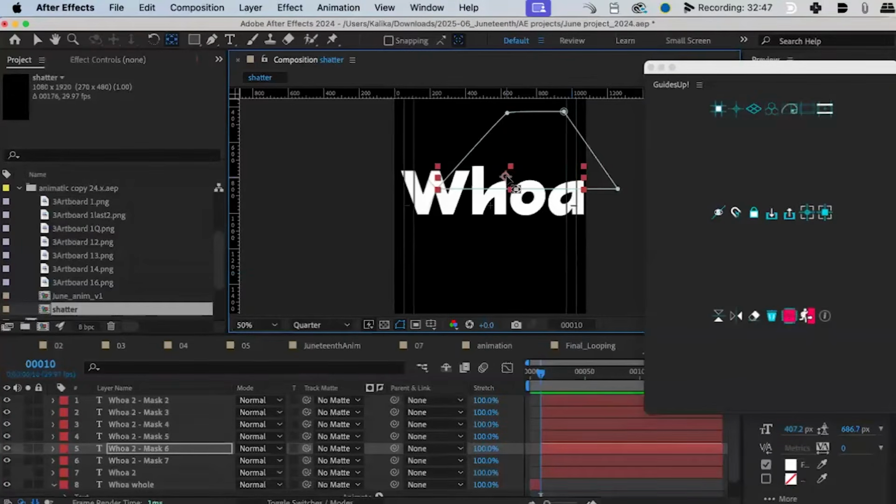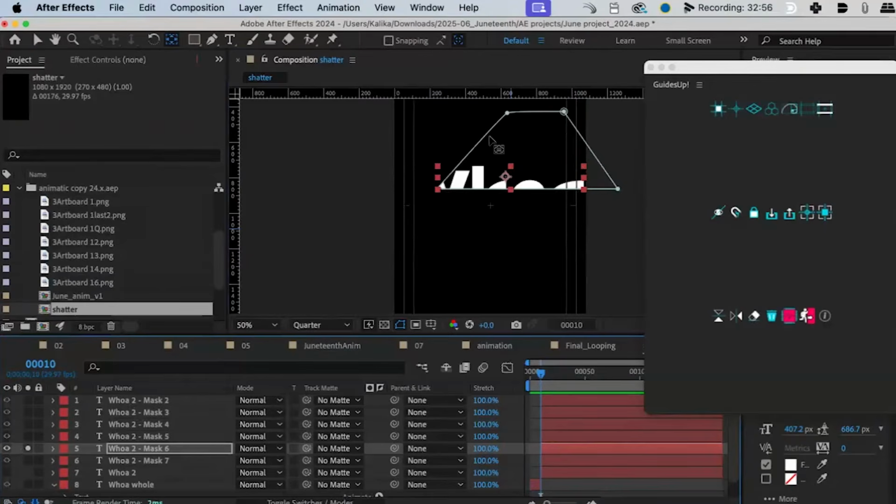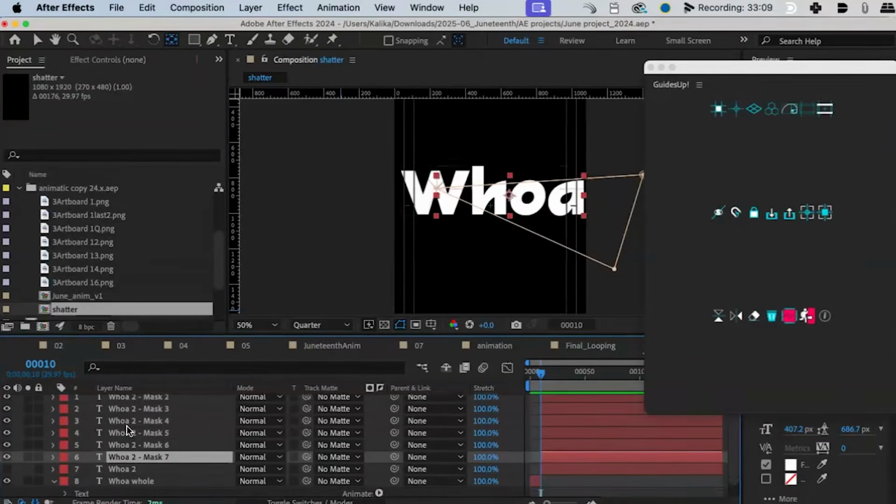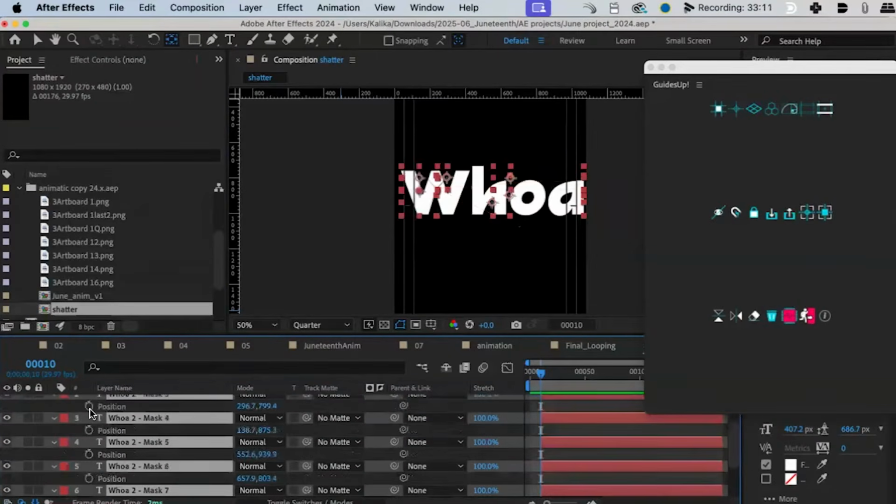I think what it's doing is it's kind of figuring out what's actually present on that layer. And that is this section right here. It's not all this empty space. So it set the anchor point based on what the center of the stuff in the mask is. So yeah, each of these has now been separated. You can very, very easily now do an explosion where you just select all these guys, hit P for position, turn on the position keyframe,